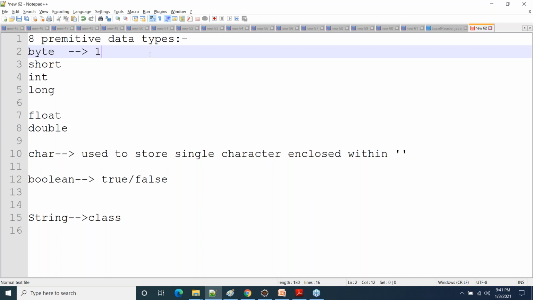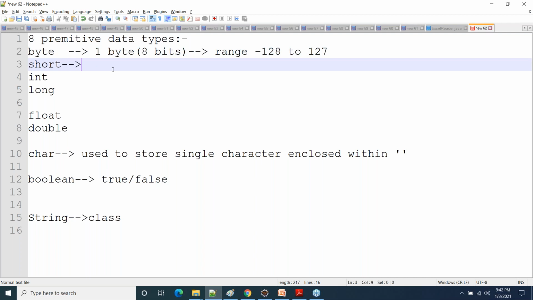The size that will be allocated to a byte variable is 1 byte of memory. 1 byte means 8 bits. And the range of a byte variable is -128 to 127. It means only values within this range you can store in a byte variable. Is that clear? Because whatever will be stored in the variable, those values will first be converted to binary form, in the format of 1010. So based on the size that is allocated to that particular type of variable, the range is defined.